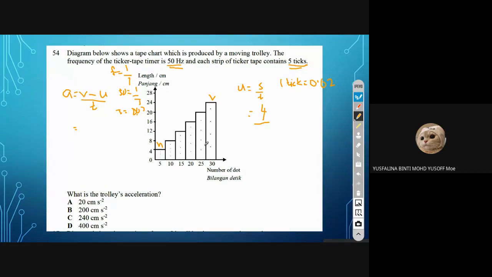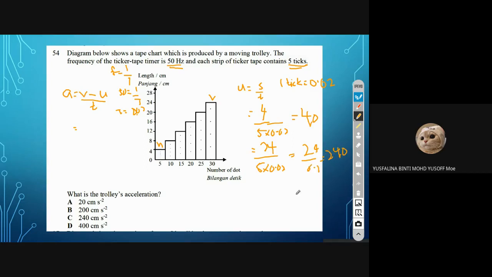Okay, so if each strip contains 5 ticks, that means 5 times 0.02. So 4 divided by 0.1, you get 40. So U is 40. Alright, and then for V, V is the last ticker tape here. So 24, still use the same formula: 24 divided by 5 times 0.02. So 24 divided by 0.1, so you got